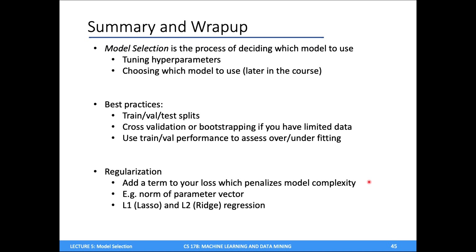Okay, so let's quickly summarize what we talked about today. The first is that model selection is the process of deciding which model to use out of various possible choices. This is primarily important for tuning hyperparameters,